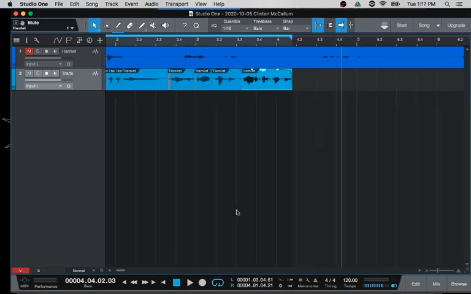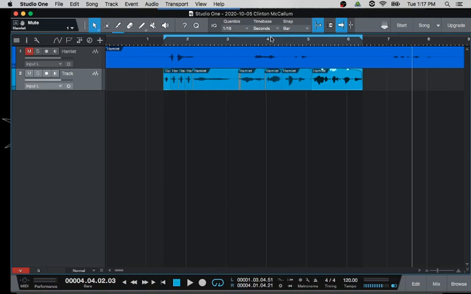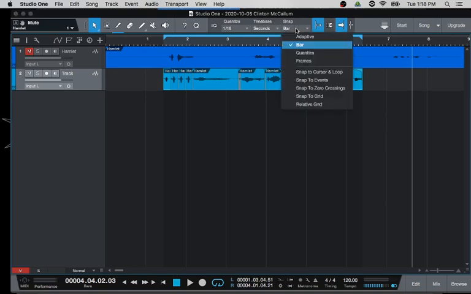Okay, so we're back to 120, and I'm going to just go back to seconds because I'm not particularly interested at this point in trying to make a clear, consistent rhythm. I'm kind of more interested in just making a new sentence or making something that has more of a speaking-like flow to it. In order to do that, I have also made sure that I'm not